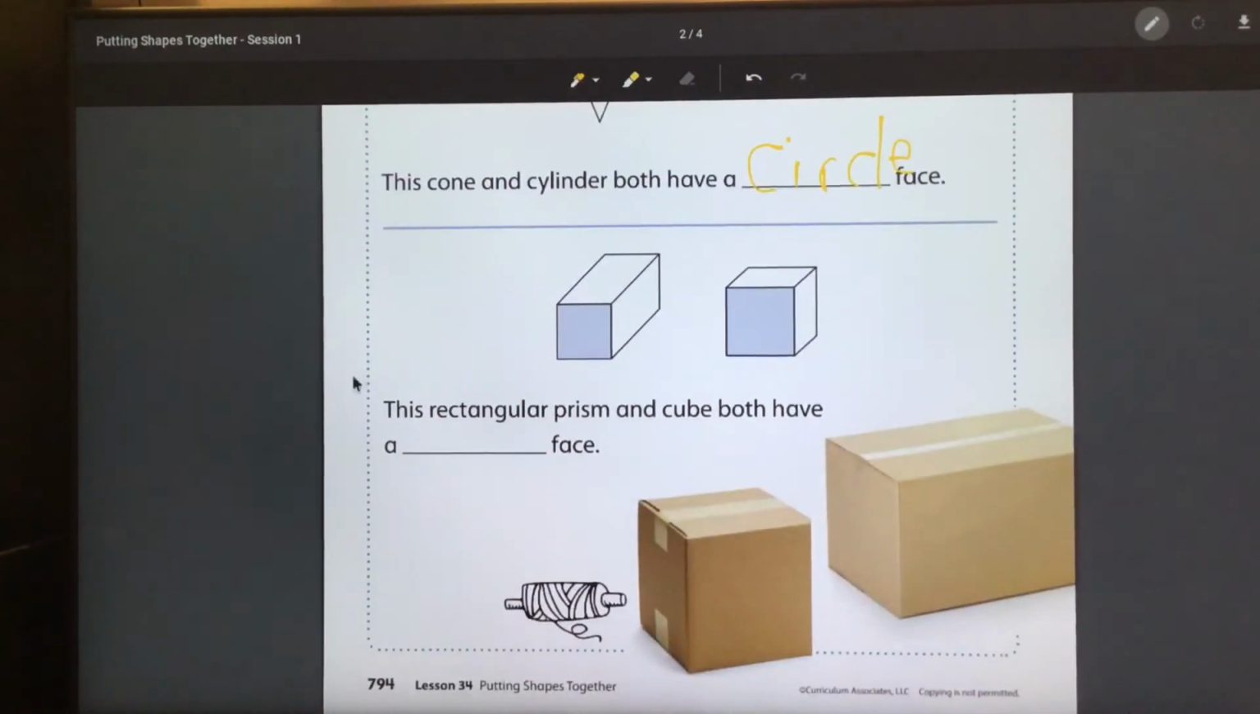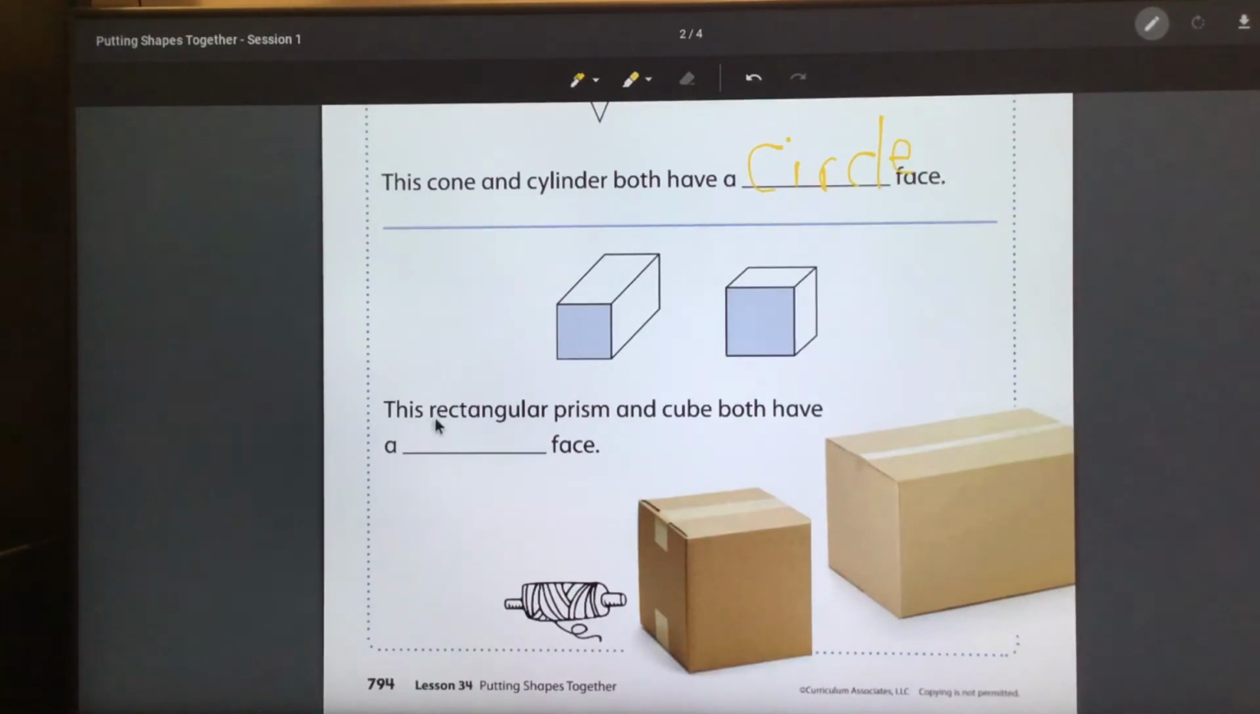The next one. Here we have a rectangular prism and we have a cube. It says this rectangular prism and cube both have a face. So when you look here at the blue shaded part of the rectangular prism, what shape is that? And when you look here at the cube, the blue shaded part, what shape is that? Those are the faces of both of those shapes, and I hope that you said a